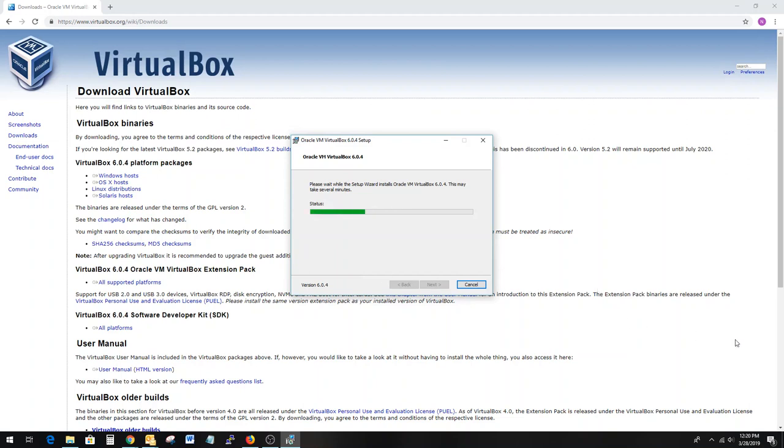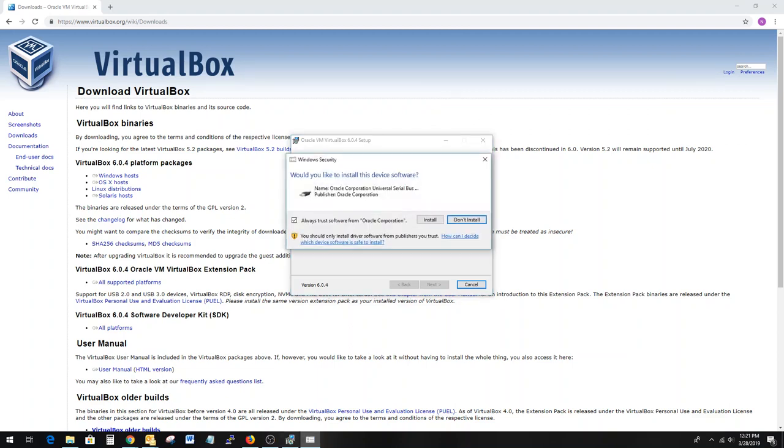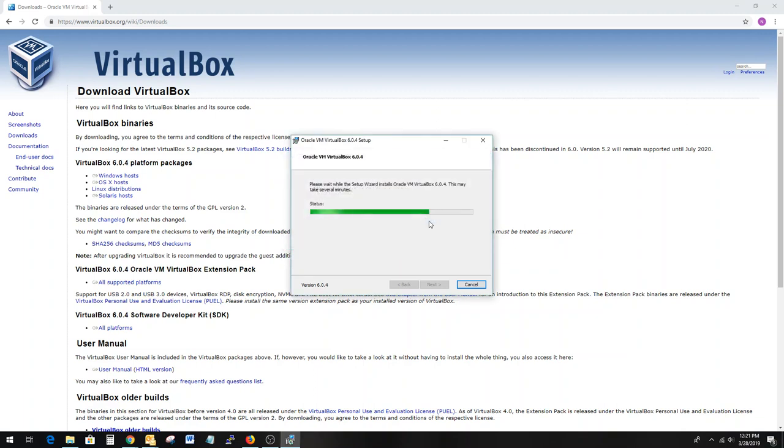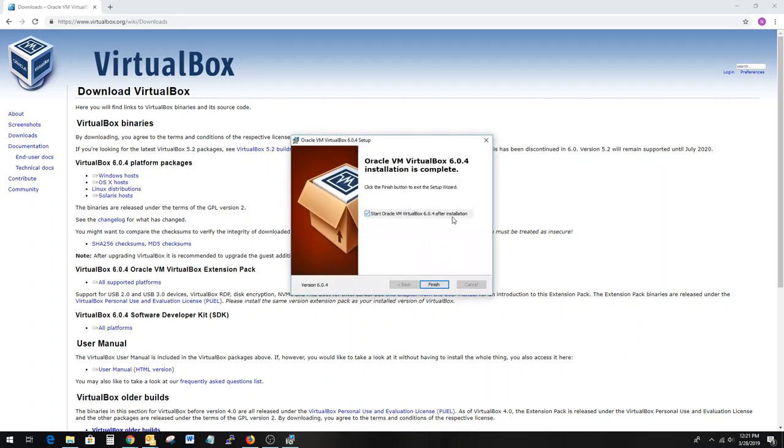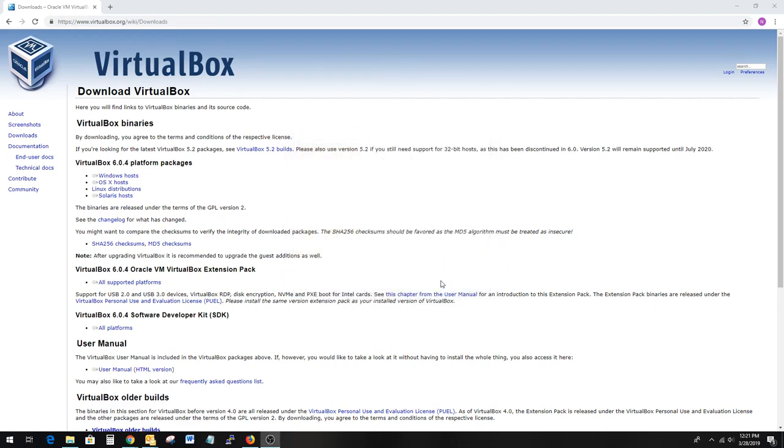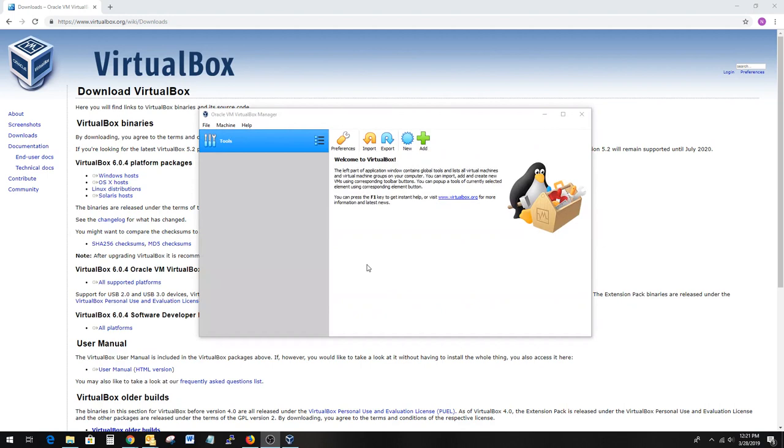Windows will prompt access control, and then it'll start. Go ahead and install the device drivers. This is going to allow you to pass through USB devices. And then we'll finish the installation, let it automatically start up,